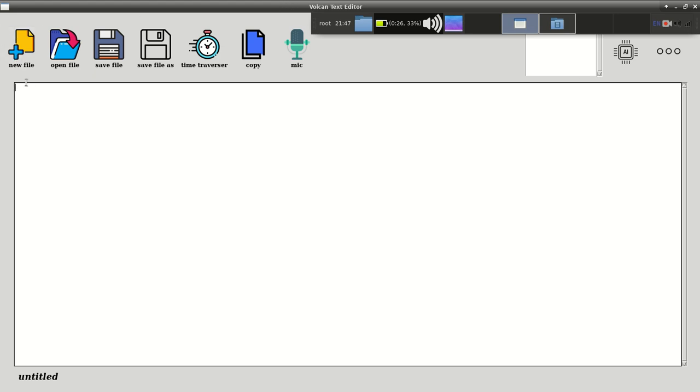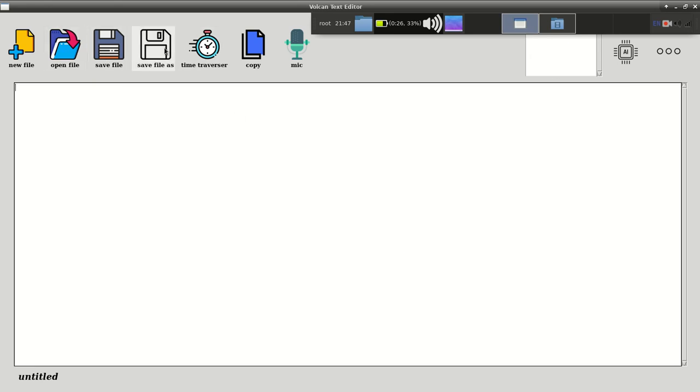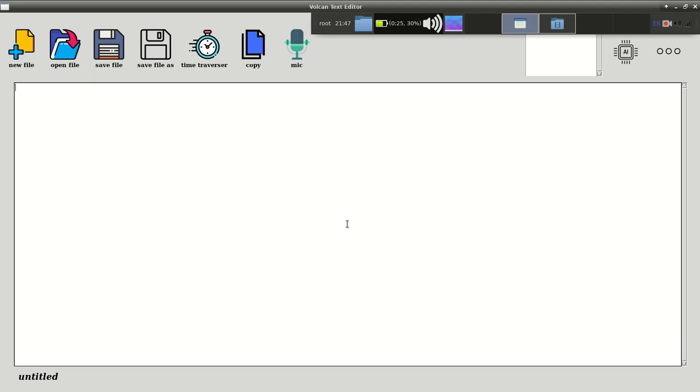So this is the new file button. You know very well how to use it. This is the open file button. You can see over here these three dots are colorless, but if I press this button, you can see the state is changed. It means something is running in your code. So that's why I use this indicator. You can also press over here, and again the LEDs are changed, and if I cancel or do some operation, it will disappear. So in this way I use this indicator.